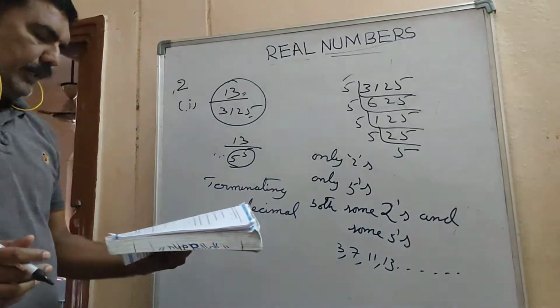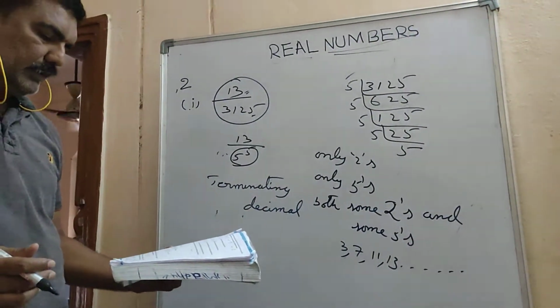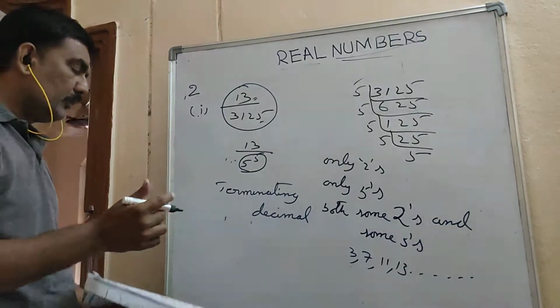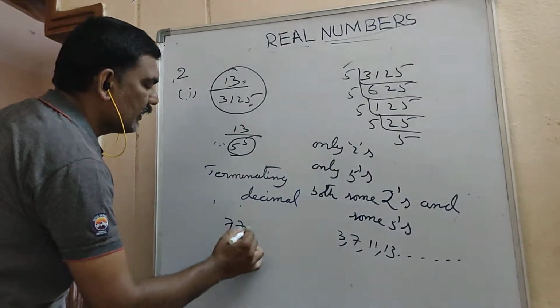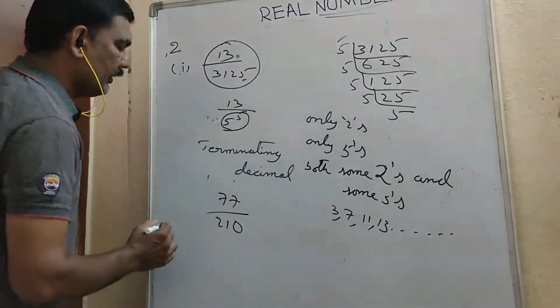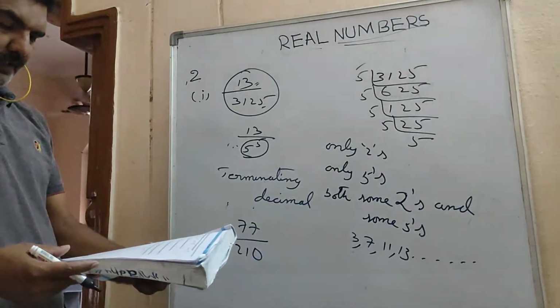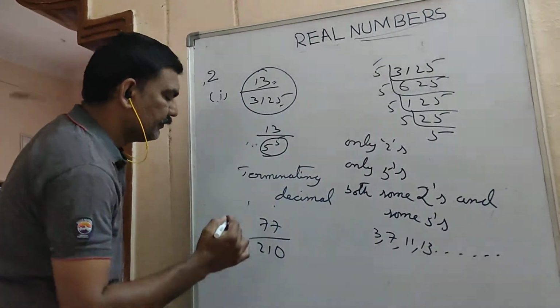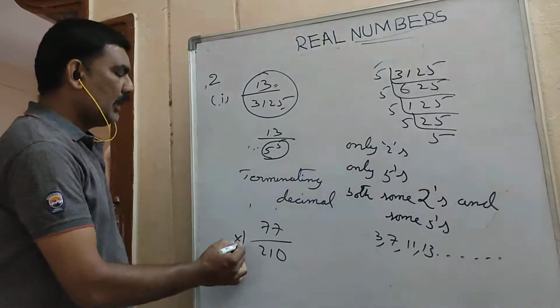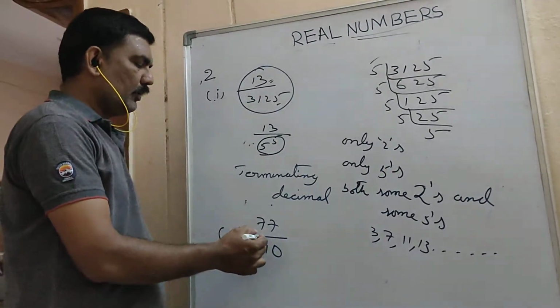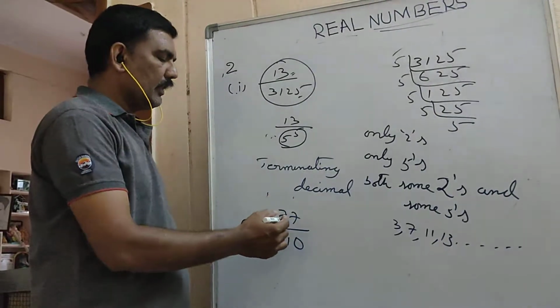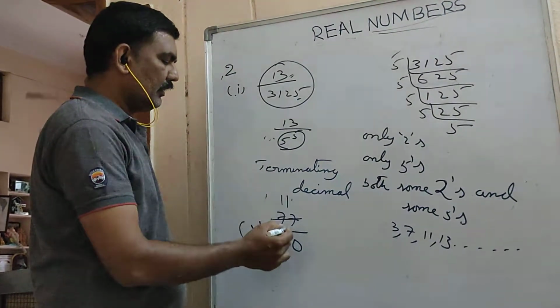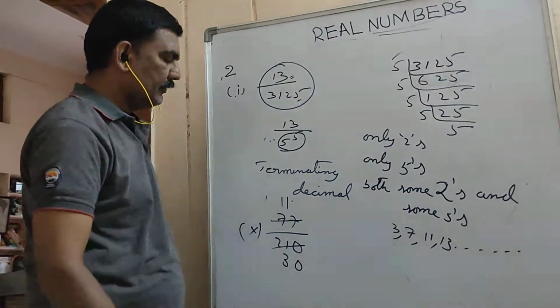So the remaining you can do it. And one more sum is 77 by 210. This is the 10th sum. What I said is, first these two, in any table it will be cancelled, you have to cut it. 7 11s are 77, 7 30s are 210.